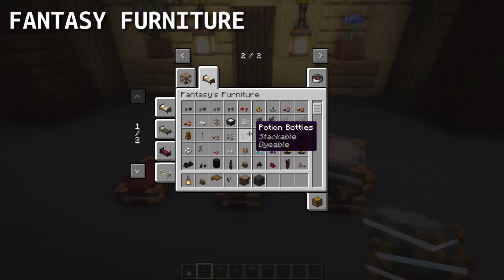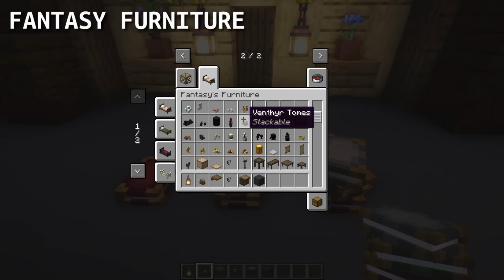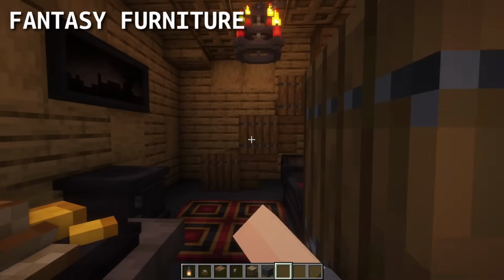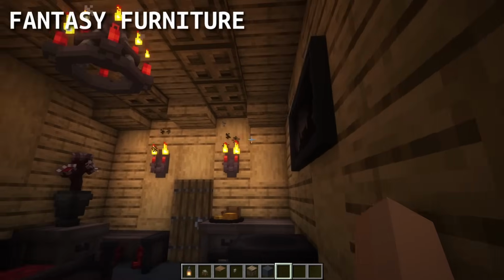And there's so many more when it comes down to this mod, and they also have little text underneath, just like this one, medieval bottles, that is also stackable. So just like this, we can stack these into stacks of 3. So cool. Now walking inside of my medieval house,